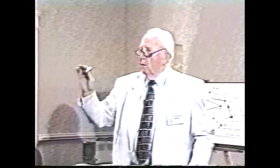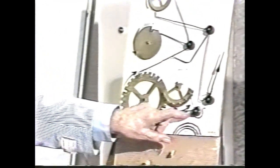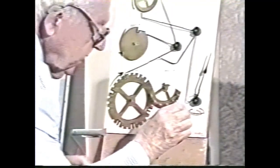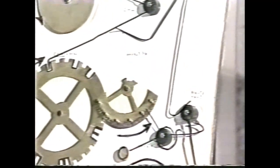All right, half-hour strike. There are two ways that half-hour strike takes place in a count wheel striking mechanism. One is so simple, you will wonder why they bother with a more complicated method of doing it, but I will tell you why, and then you'll understand. Let me show you the simple way of adding half-hour striking to any clock you've got. You've got a timepiece, whatever you want. I'll show you how simply you can add half-hour strike if you have count wheel striking. All you need to do is just one thing. Add a second tail to the hammer assembly. And I'm going to do that. You add it to the hammer assembly, and it is shaped in such a manner that when the minute hand comes around to the 6, see what happens? It lifts that second hand